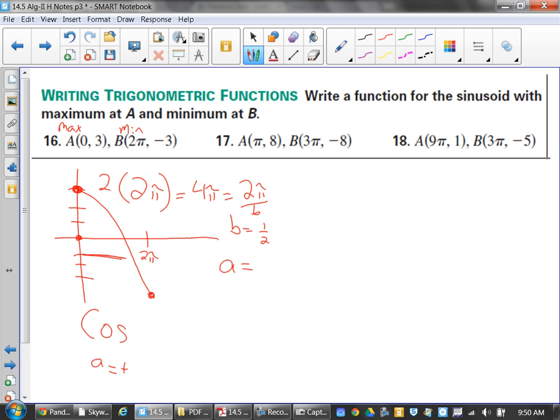Yeah. What was the A value here? 3. So is the amplitude 3 or negative 3? 3. It's the absolute value. It's the absolute value of it, yes. So you just have to go vertical, so it's 3 cosine 1/2 x, and you're done,